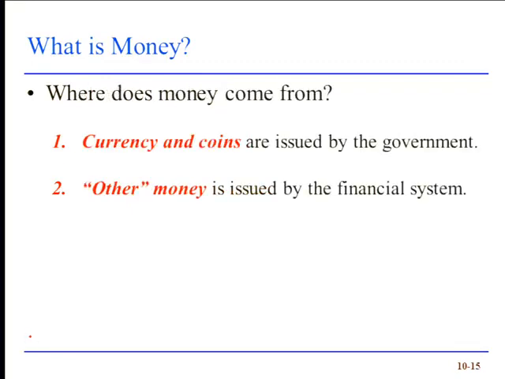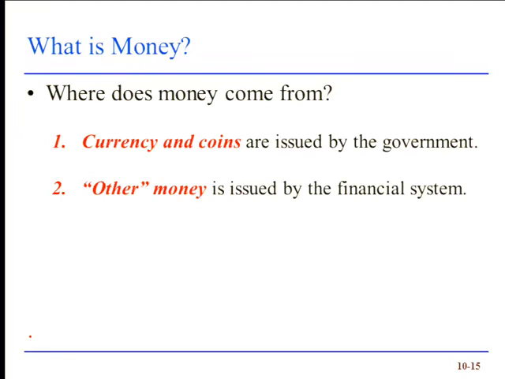Now the question is, where does all the money come from? Basically two sources, and we'll see this in more detail in a couple of weeks. Currency and coins, the paper money and the metal money that we use, are issued directly by the government. If you pulled out a piece of green paper with a dead president on it, it might look something like this. By the way, not all of them are presidents, but they're all dead. Look at that. Right across the top it says Federal Reserve Note. Right? So this is actually issued by the Federal Reserve after it was printed by the Bureau of Printing and Engraving, which is part of the Department of Treasury, which is obviously the U.S. government. So green pieces of paper issued by the government, coins issued by the government.